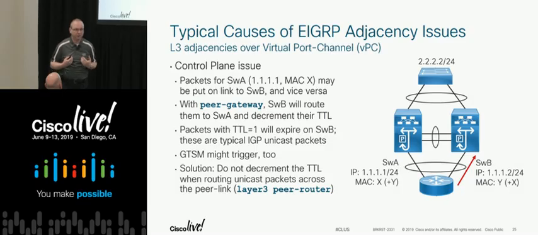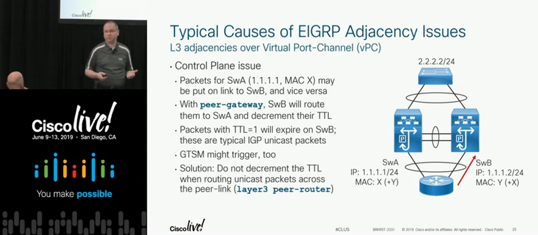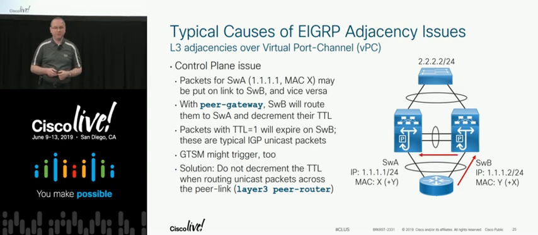It looks into it because it thinks, yeah, it's mine. Finds the packet inside, but the destination IP of the packet doesn't belong to switch B, it belongs to switch A. So what do we do? We route it, of course. We make a forwarding decision based on the destination IP address. But when we route, we decrease TTL. If we decrease TTL, we may hit a problem if the initial TTL of the packet was already 1, which it was,